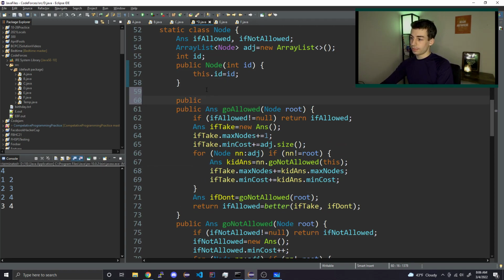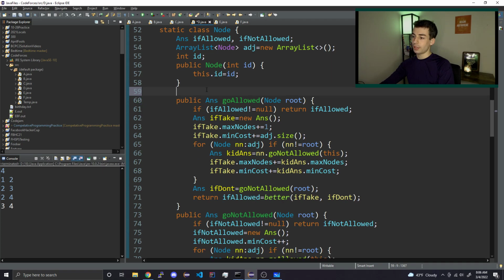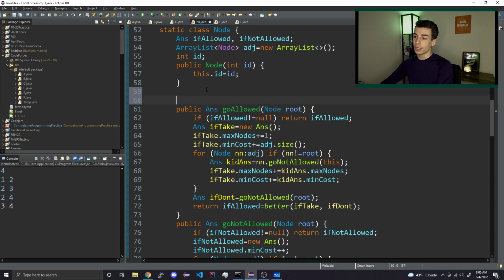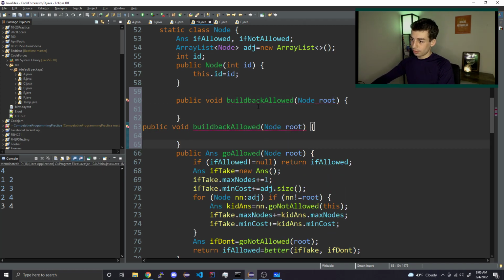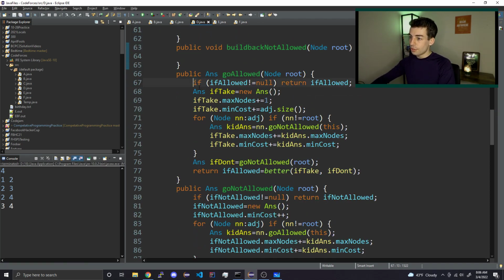Public. Do we want to build back? I guess let's just do, okay. Public void build back allowed node root, and then public void build back not allowed. Okay, so